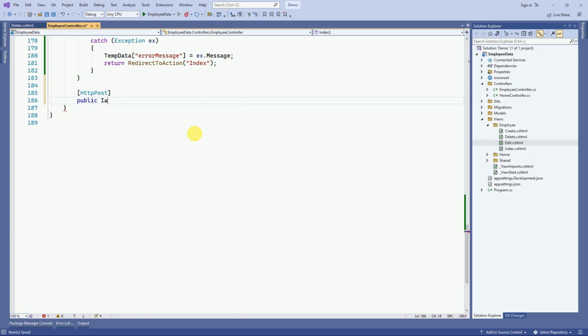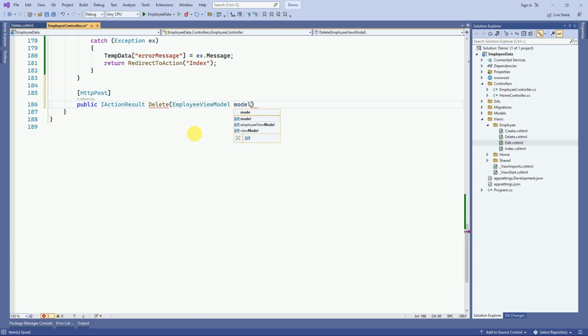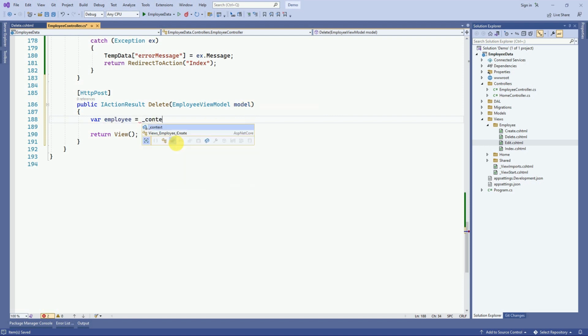I will create one public action result method, Delete, and here we are going to get the employee view model. Model. Finally we have to return the view. Here we have to check whether there is any data available with the ID which is passed in the model. For that I will check